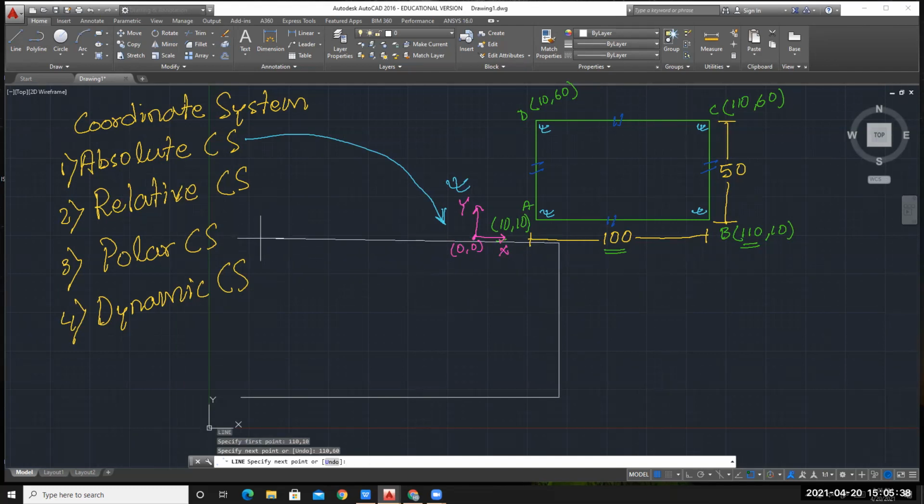Now again, the coordinate values of point D is 10 comma 60. So we have drawn this point D as well, and then you can close to point A. The coordinate values of point A is 10 comma 10. So this is how you can complete this rectangle what we are looking to draw. Okay.